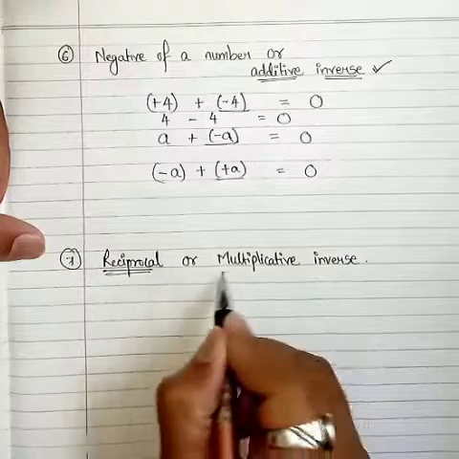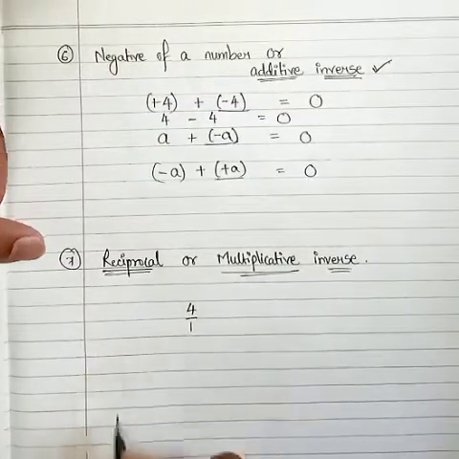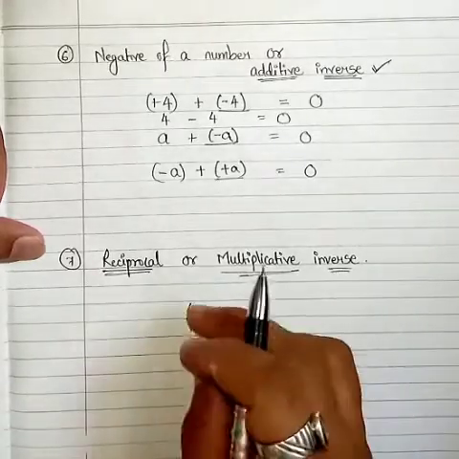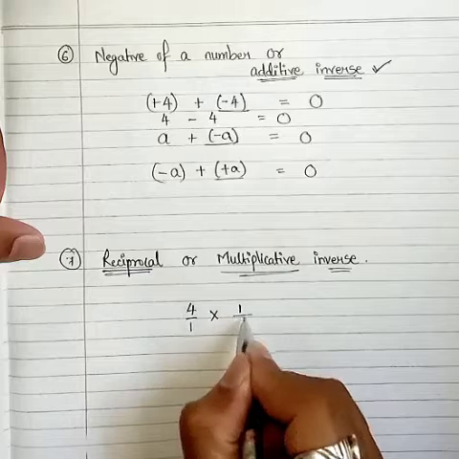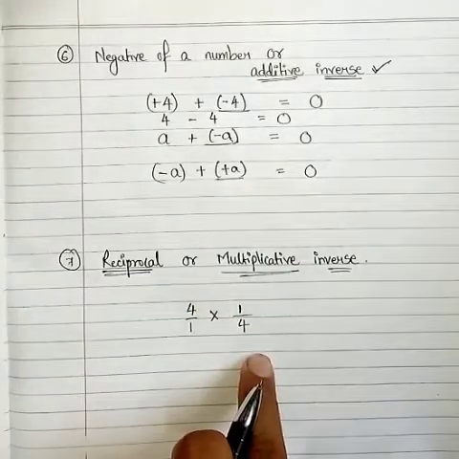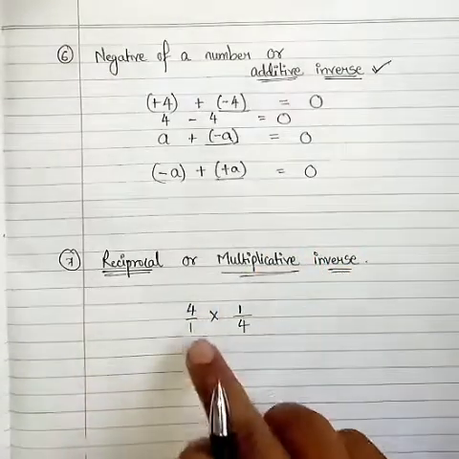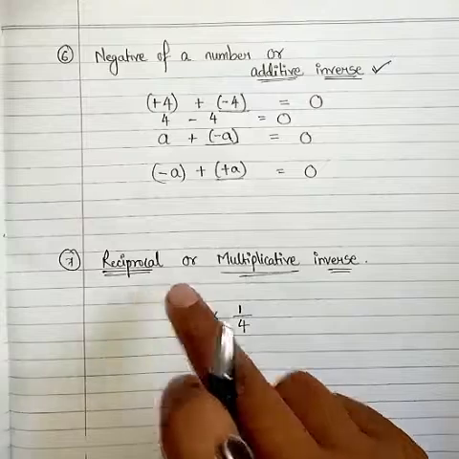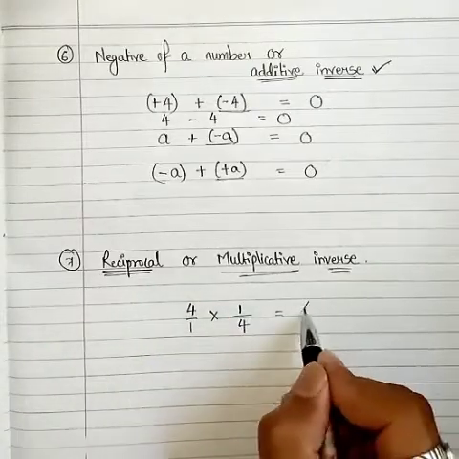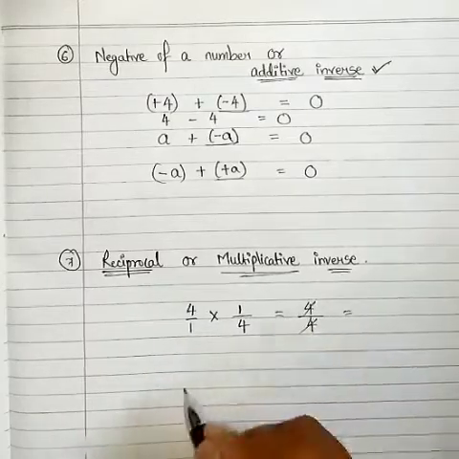अब देखते हैं रेसिप्रोकल और मल्टीप्लिकेटिव इन्वर्स। ऐसा ही कोई नंबर मैंने ले लिया 4/1 और इसमें मल्टीप्लाई कर दिया इसका इन्वर्स। इसका इन्वर्स क्या होगा, 4/1 है तो 1/4, क्लियर। उसका हमने रेसिप्रोकल कर दिया, यानी जो डिनोमिनेटर था वो न्यूमरेटर बन गया और जो न्यूमरेटर था वो डिनोमिनेटर। तो क्या होता है देखते हैं, 4 1 ज़ा 4, यहाँ 1 4 ज़ा 4, सो यहाँ 4 से 4 डिवाइड हो रहा है,